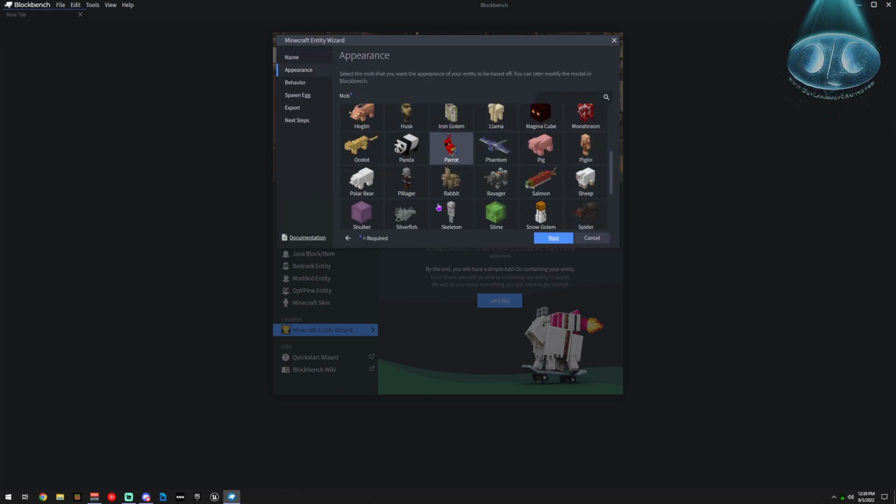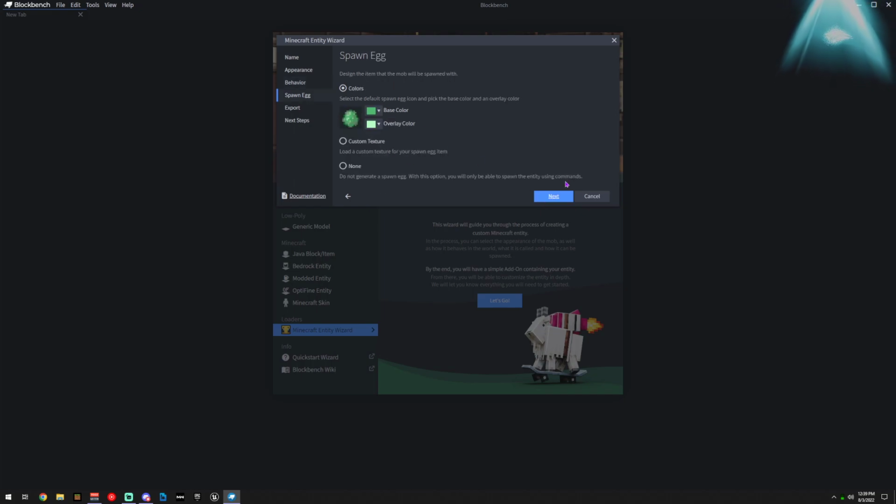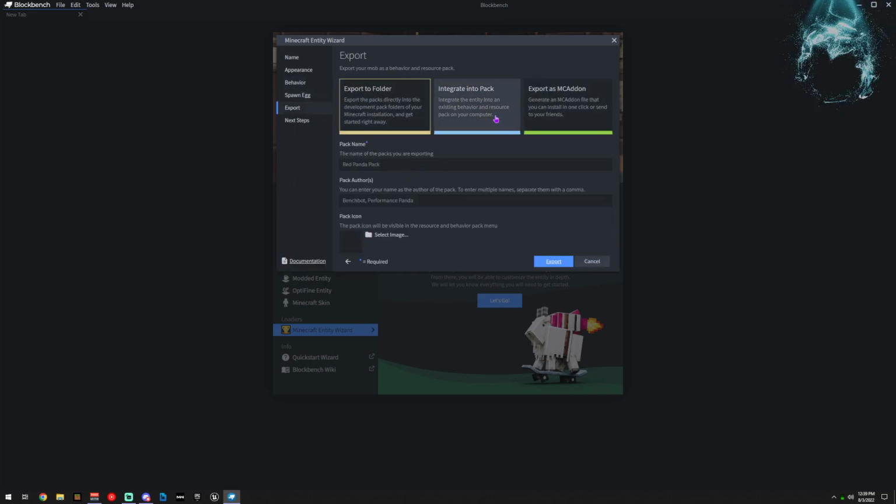And we're going to figure out what Bob is going to look like. Well, I'm going to make him a pillager. That looks like a Bob. We'll just keep going. We can change our eggs in there, all of our colors and stuff, and then we got to name our pack, and this is going to be the Bob add-on pack. And what is it about? Well, it's an add-on pack about Bobs. There we go. And then most of you have this option, export as MC add-on, and you get stuck here.